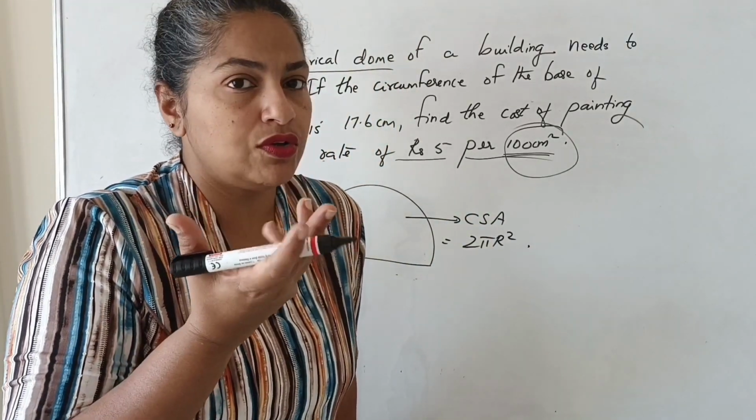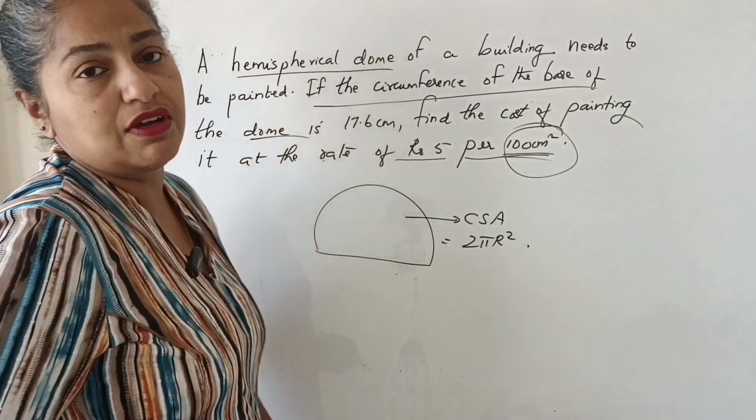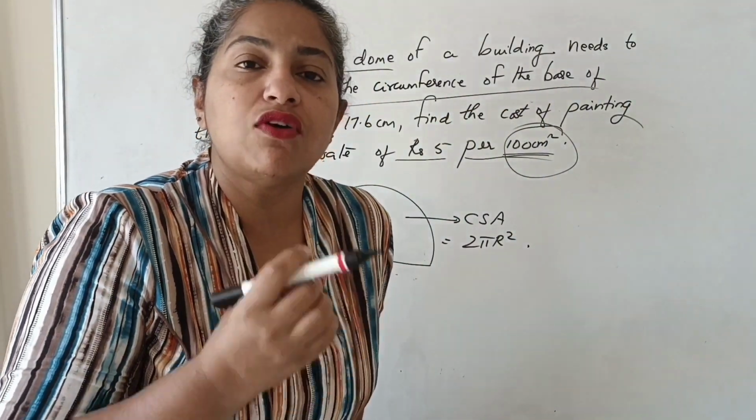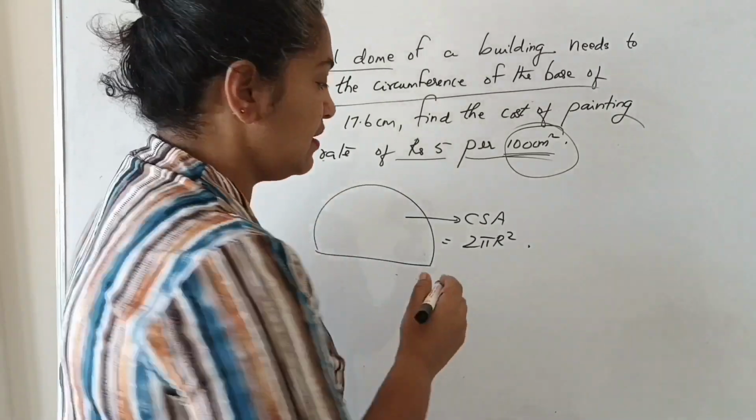Now we have a problem, we do not know the radius. What is given to us? Circumference of the base of the dome is given to us. What is the shape of the base of this hemispherical dome? It's a circle. What is the circumference of a circle? It is,